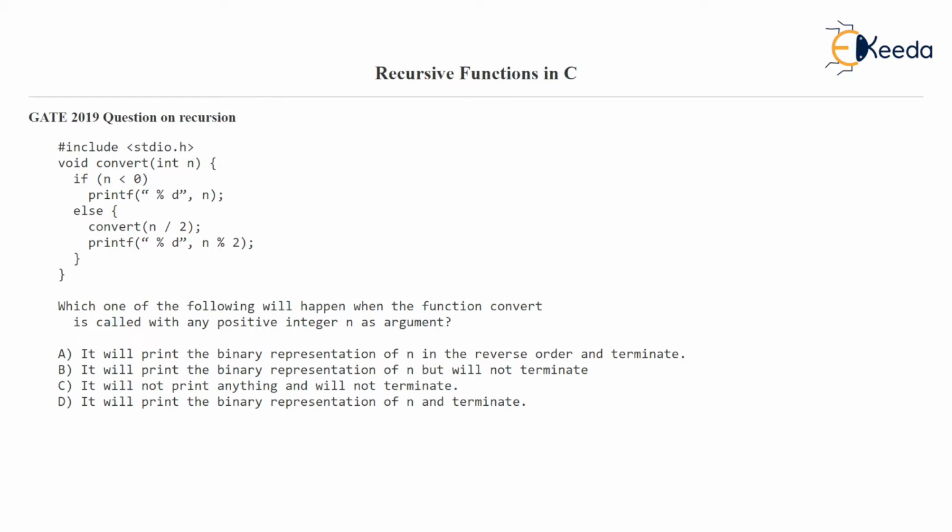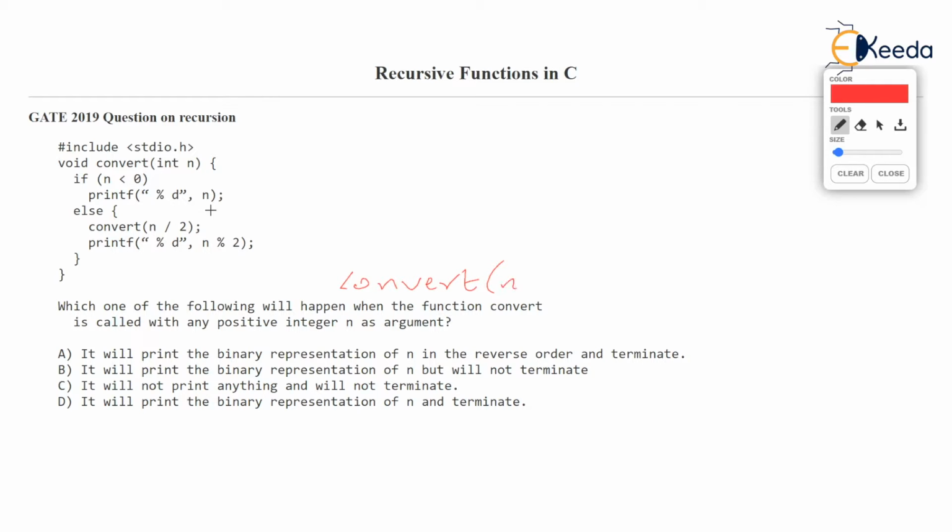But as my habit goes, I will be executing this convert function line by line, and without seeing the options initially, we will be confident and we will see what is the output. Let's say we have called the convert function. The convert function is called with the parameter n. Okay, let's keep n as small as possible so that we are able to reach some conclusion. Let's say n passed is 12, just as an example.